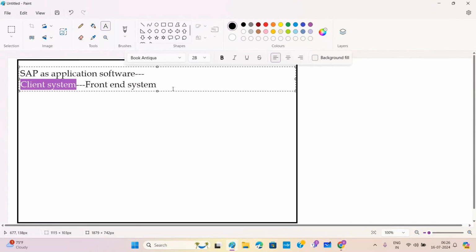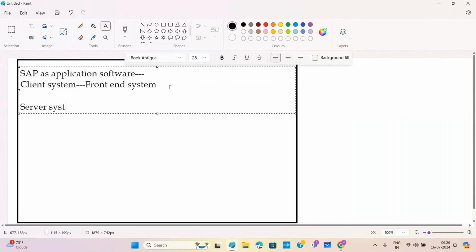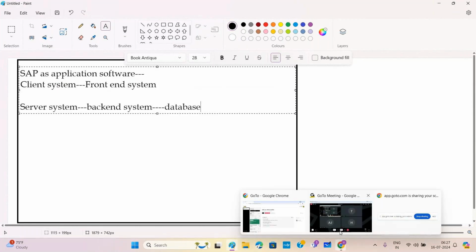Now, whatever we are doing here in the front end system, from here it will go to a server system. Now, the server system will not be visible to us. That will be the backend system. In the server system, we'll have the database. So when you say database, something which stores the data, what SAP used to do is it used to buy the database from